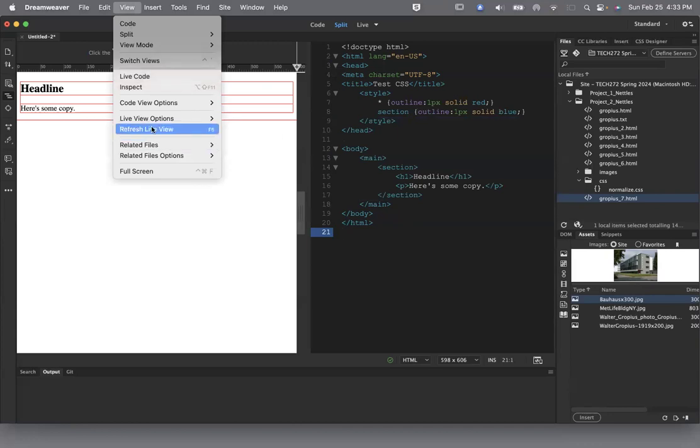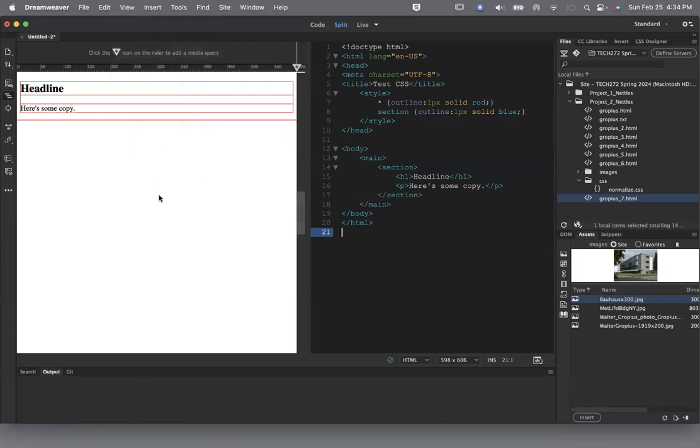View, refresh live view. Okay. Section. So it's probably covered up by the 1 pixel solid blue. Yeah. So it's probably covered up. Okay. We can go to